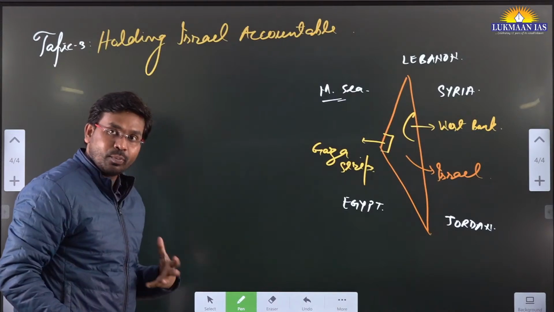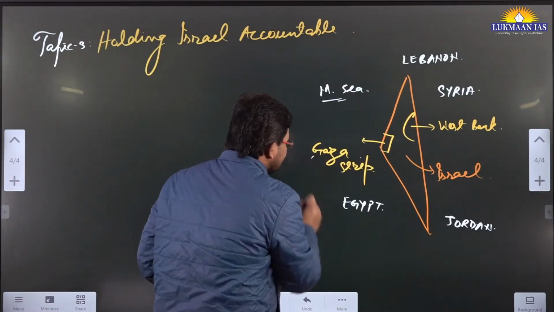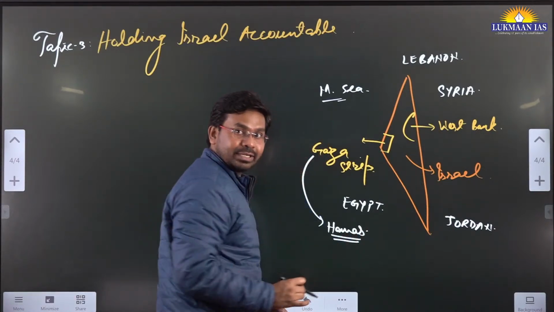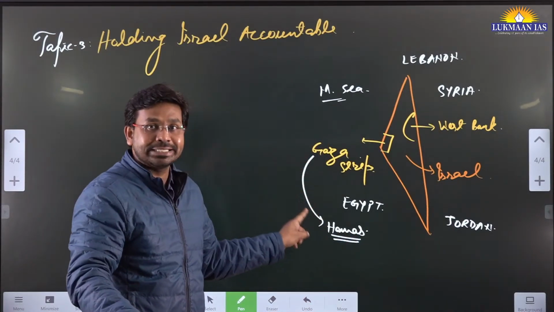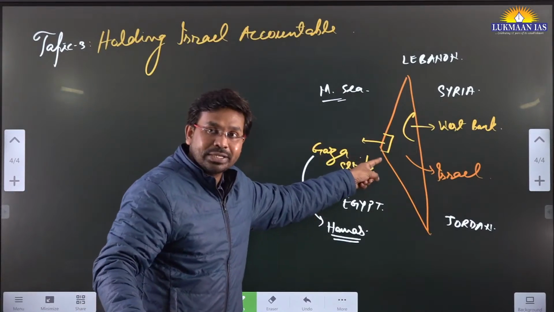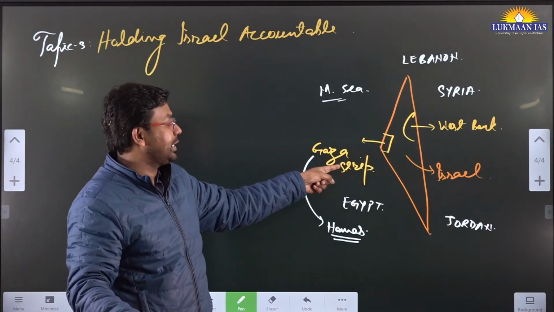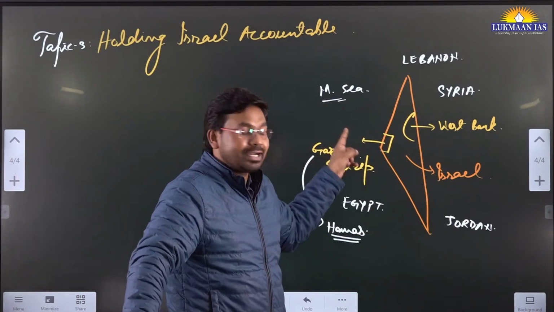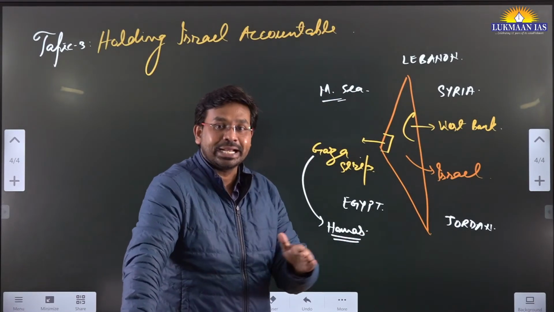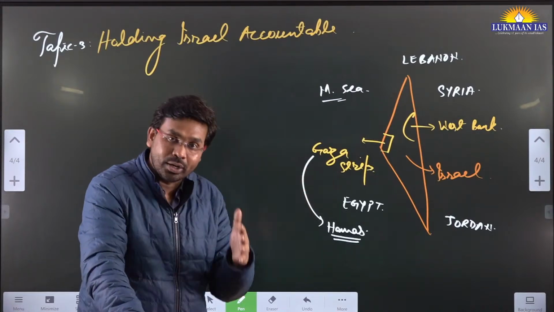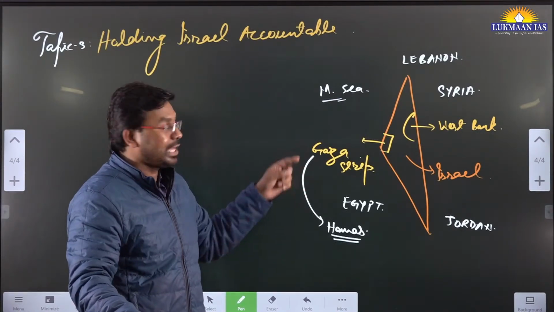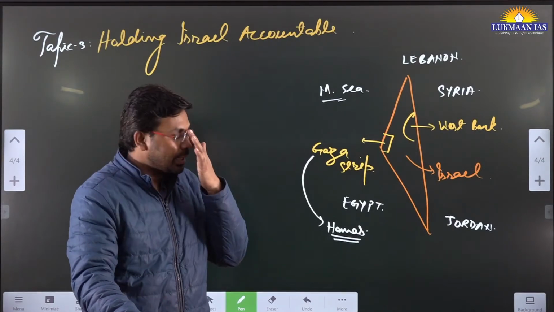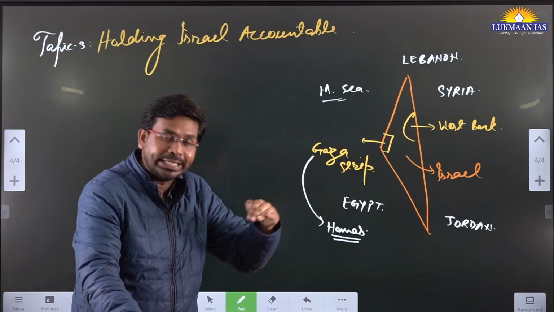Basically, as we all know, in the Gaza Strip there resides Hamas. Hamas is a non-state actor. Hamas means the Islamic Resistance Movement. Hamas attacked Israel on 7th October 2023, and Israel, in retaliation, in its self-defense, started attacking Hamas. But the attack that Israel has carried out has not only killed people from Hamas, but a huge number of civilians. They have killed a huge number of children, of the age group below 18 years.